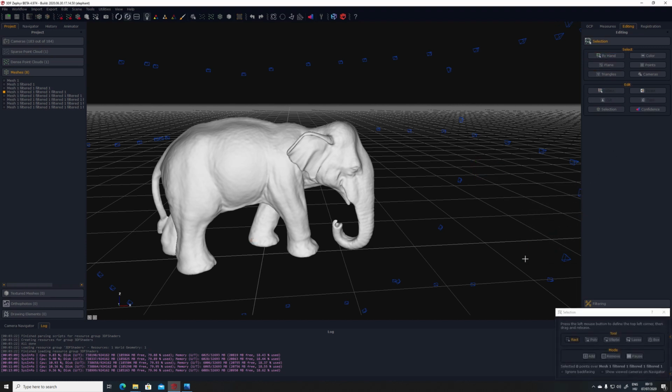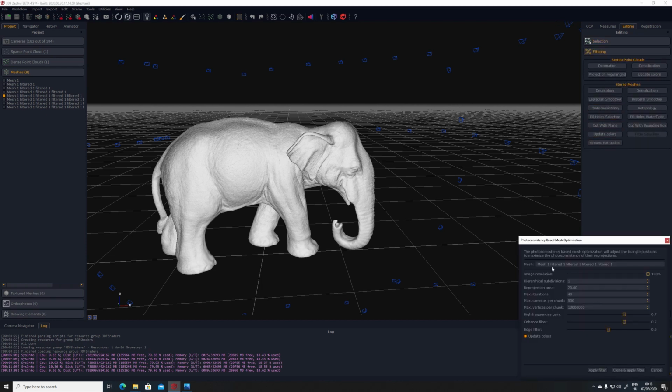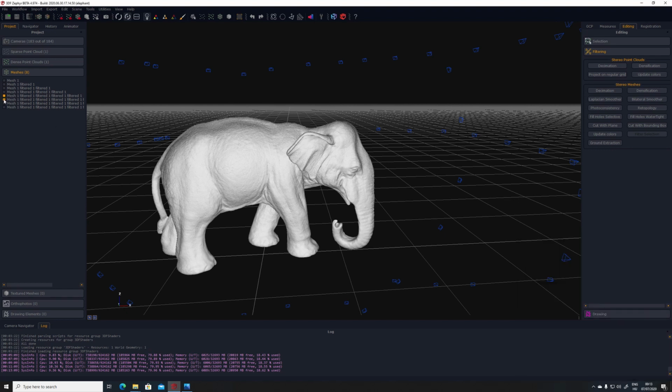So yeah, this is what happened. And after when I did this, I did the first photo consistency filter. Sorry, photo consistency based mesh optimization, and I used a lot of high frequency filter here. Then I was using some smoothing again, and then I was using another photo consistency mesh optimization, and in this